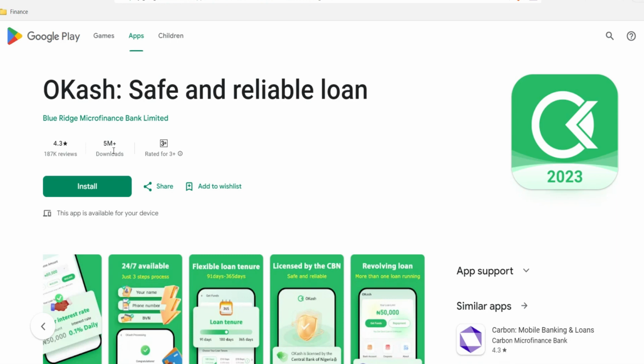So the first thing you need to look into when you're trying to borrow money is the reviews, the feedback, the overall rating, and the total downloads. And like I used to say on every loan app, I will tell you the overall rating, the total reviews, and the total downloads. I'll also walk you through the reviews to see what people are saying. But trust me, over 80% of people who are trying to borrow money online today don't go ahead to read the reviews.